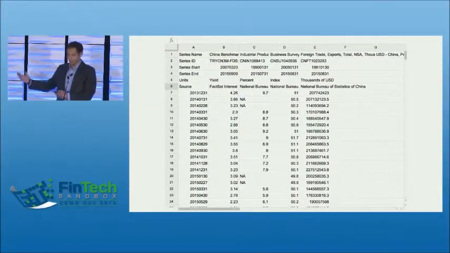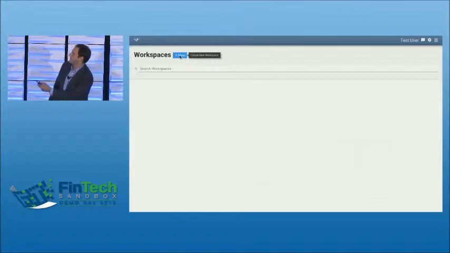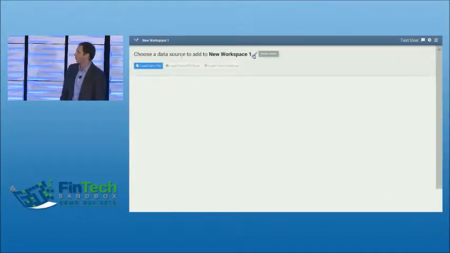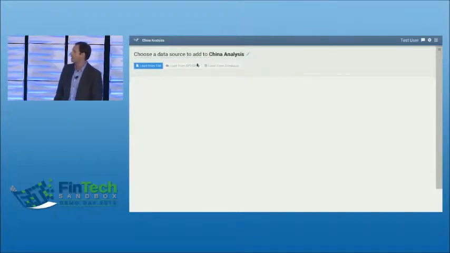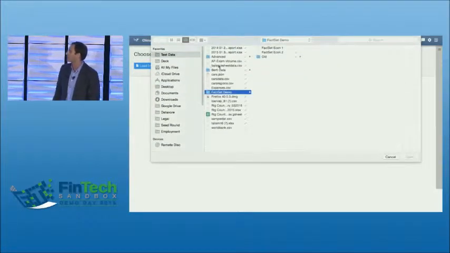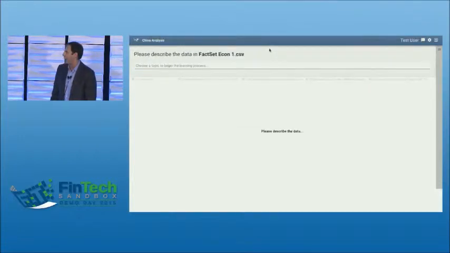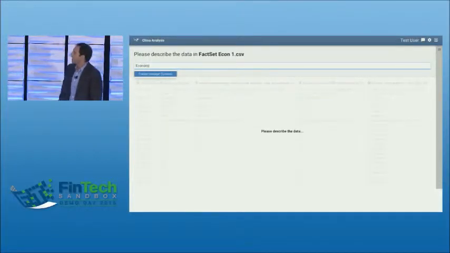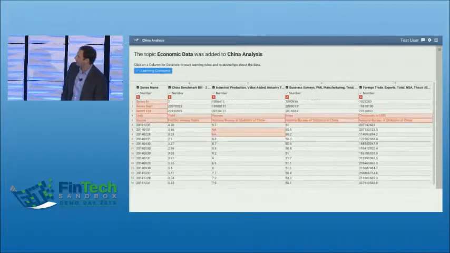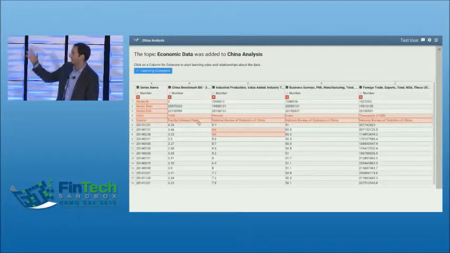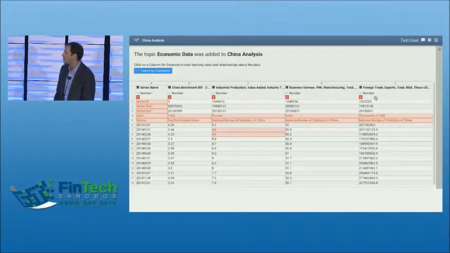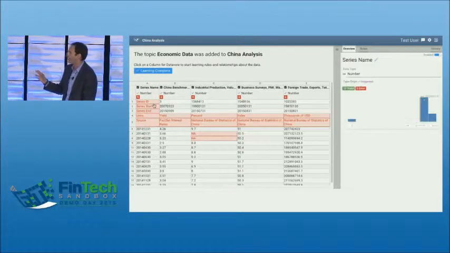So first, we need to load this into our platform. We're going to start a new workspace to keep the data. We're going to call it China Analysis, and we're going to load the spreadsheet I just showed on screen. We then give it a key tag. We're going to call it Economic Data. And we're going to see that the platform immediately tries to classify the data in this spreadsheet and identify errors in the red cells. It thinks everything here is numbers. The data set's pretty messy. There's a lot of numbers flying around in here, so it can't really identify what exactly is going on yet. So we're going to have to teach it.